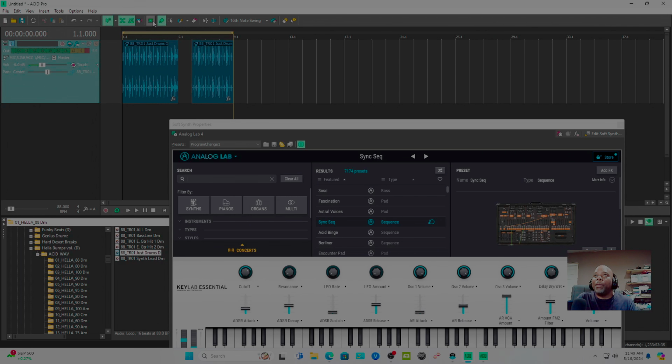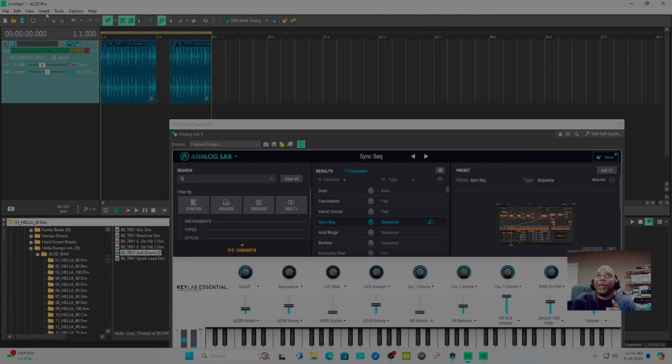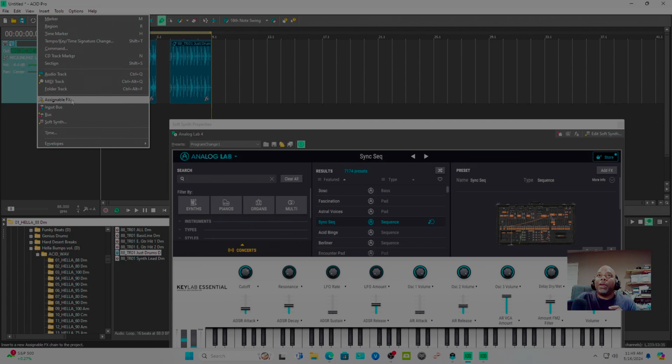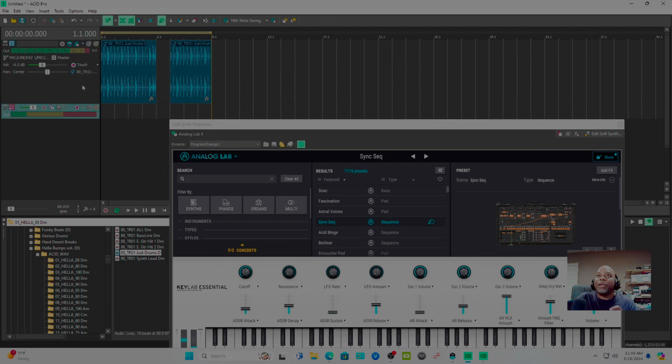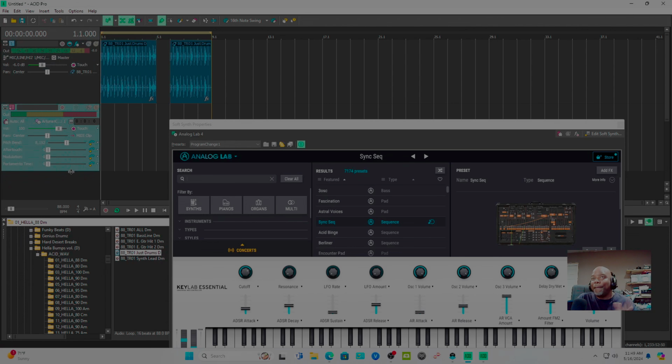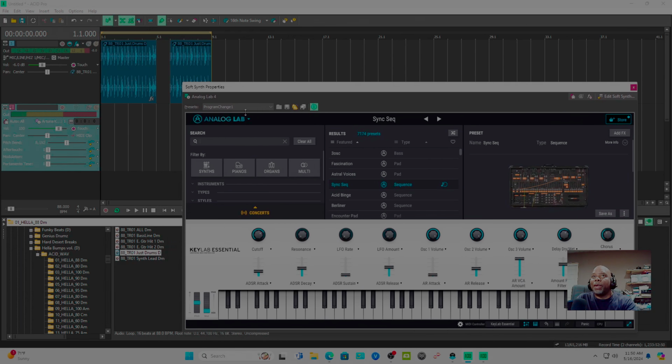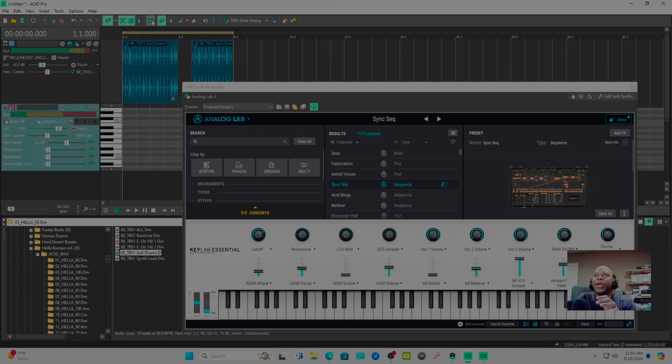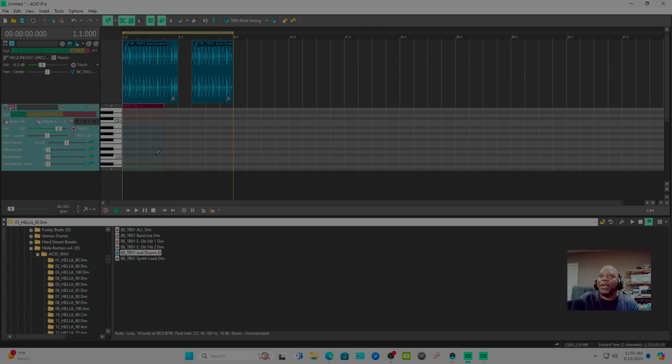Enable MIDI to, nope, wrong one. Rehit that one. Insert. Here we go. I said a soft synth. No, a MIDI track. So you insert your MIDI track, right? MIDI track. That's me hitting the keyboard. Now you see that this one isn't available. Or it is. I don't know, man. This thing weird. Hit this MIDI thing right here. Let's see if it works. Man, I don't know. Y'all forgive me because this thing just...